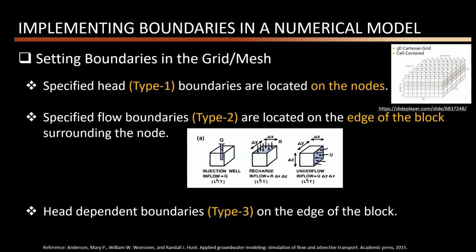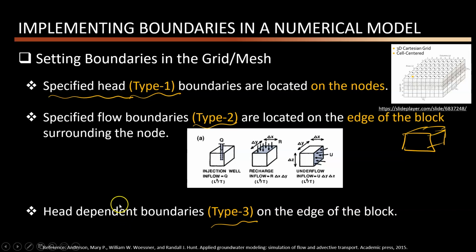Again, we learned that we have three mathematical forms to represent our boundary condition. We call them type 1, type 2, and type 3 boundary conditions. For the specified head boundary condition, which is type 1, technically we assign the value of head to each node, which is at the center of the cell. For the specified flow boundary condition, technically this boundary condition is assigned to the surface, or I would say to the volume of the cell. And if you remember, once we derived the governing equation, we said that